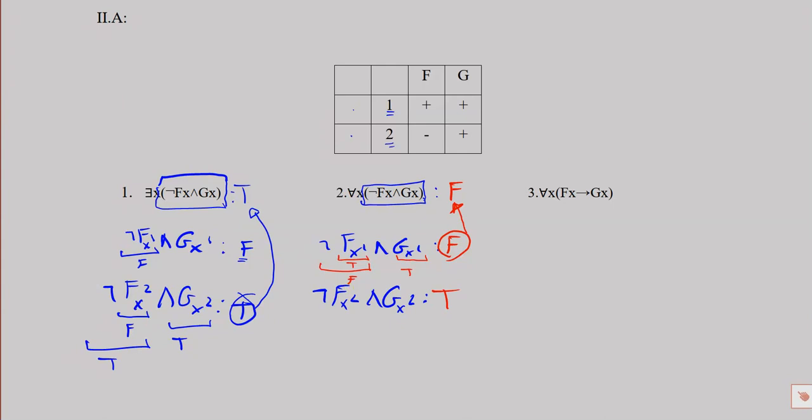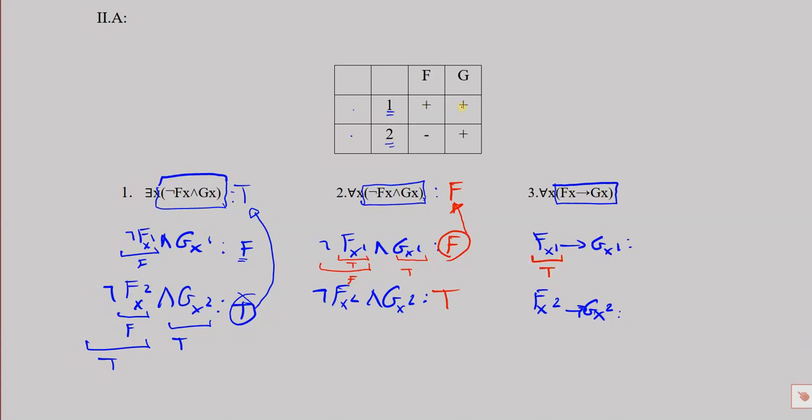Okay, let's do the same thing with number 3. So we want to determine the truth value of this on this interpretation, and here the claim is that for all x, x satisfies this thing in the box. Okay, let's see if that is true. So we have two objects here. So we're going to get fx when x refers to 1, arrow gx when x refers to 1, and then we're going to have fx when x refers to 2, arrow gx when x refers to 2. Now the question is whether these things are true, because for the universal to be true, both of these things need to be true. Okay, so fx1 is true